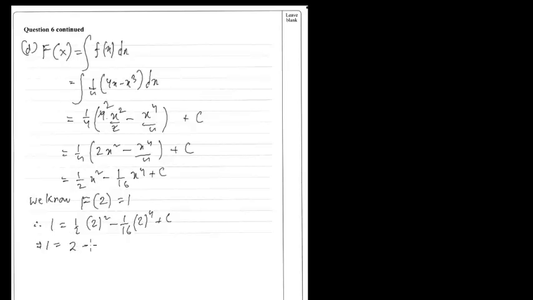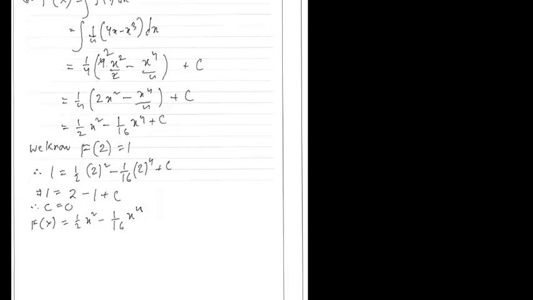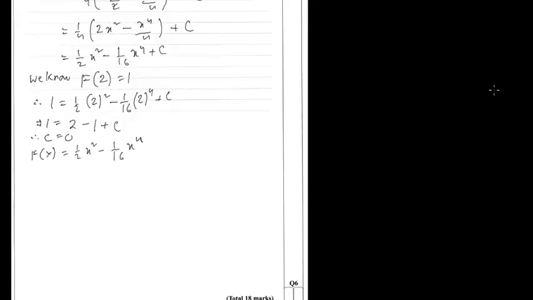So 2 squared is 4, 4 by 2 is 2, minus 2 to the power 4 is 16, 16 by 16 is 1, plus c. Therefore 2 minus 1 is 1, so 1 minus 1, c equals 0. So f(x) is going to be half x squared minus 1 by 16 x to the power 4, because c is 0. Now for finding the median, we know